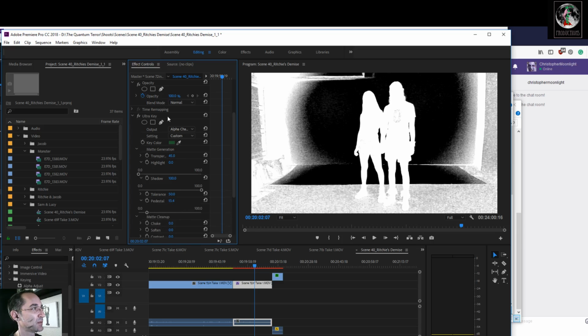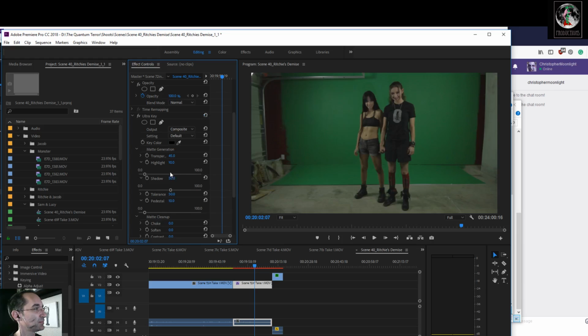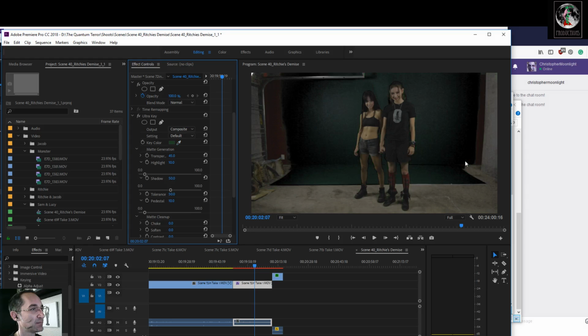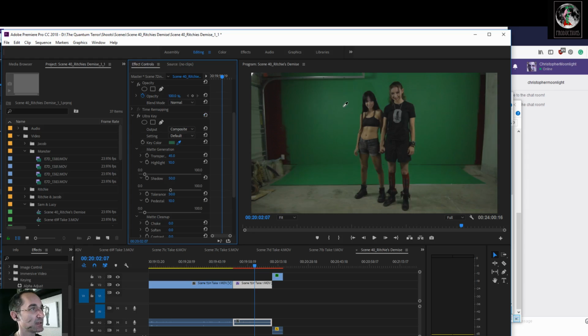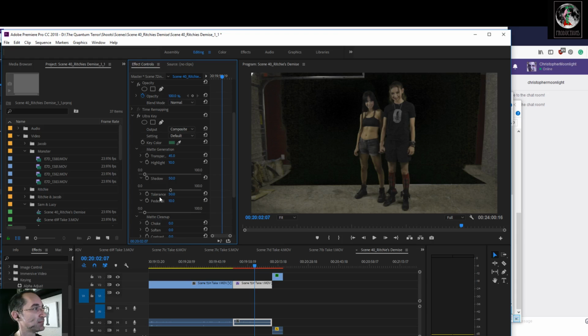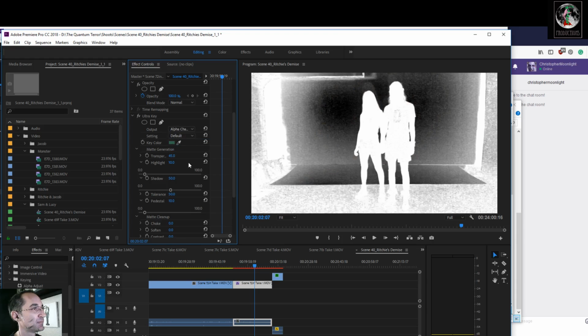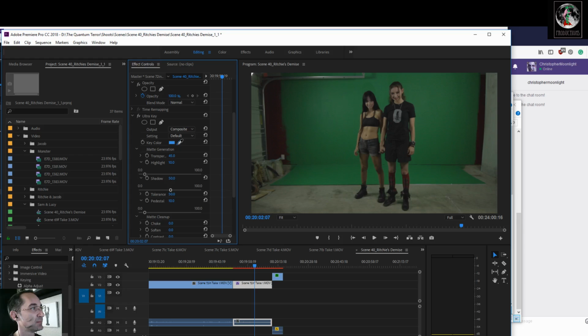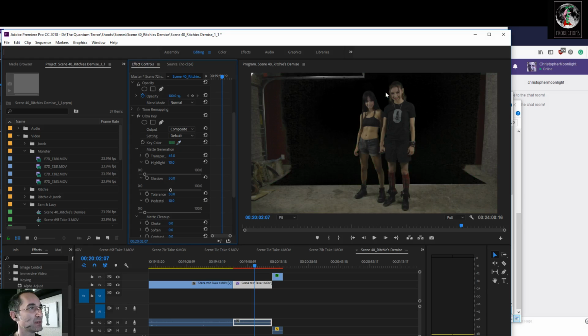So I'm going to go ahead and reset this, because we have to find the right place to key from. Maybe that's a darker green. Doesn't look like a darker green to me. Let's reset it. Maybe it's a lighter green. Maybe it's a mid-green after all.